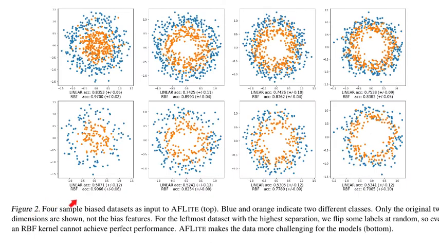This figure is an overview of some of their synthetic experiments. They synthesized datasets with different levels of separation, this part being the highest. In the highest one, they basically flipped some of the labels at random so that a radial basis function kernel also cannot achieve perfect performance on it. This would be the dataset that is input to AFLite, and this is the result,